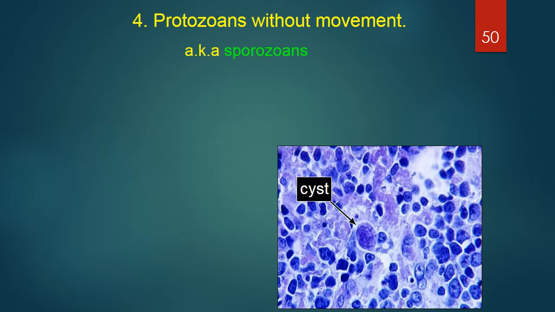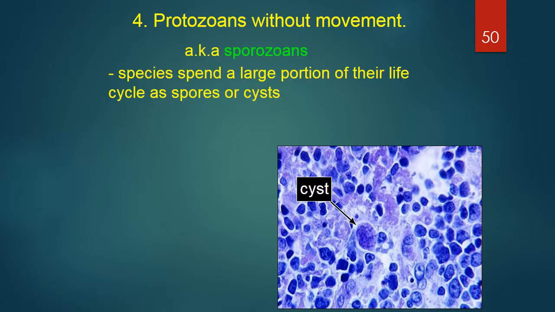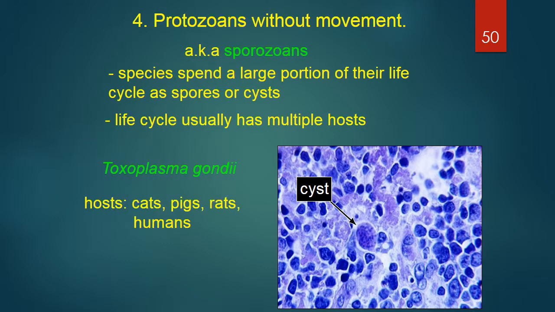Okay, our protozoa that basically have no movement. They have no way of moving on their own. And these are what's called the sporozoans, which should give an idea as to how they get around. They spend a large portion of their life cycle as spores, or cysts, one or the other. And their life cycle usually has multiple hosts. So the first one that we want to look at is